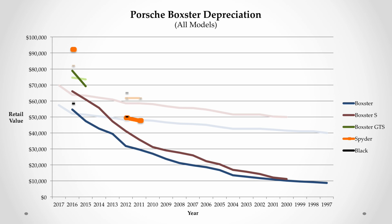It's not quite as hardcore as the GT4, but they do share the same 3.8 liter motor that was found in the 911 Carrera S. The latest Spyder is supposed to be the last and the best naturally aspirated Boxster that Porsche will ever produce, and the market values are showing that. The 981 Spyder is currently selling for about $10,000 to $20,000 more than what the original MSRP was on the car. Now that car didn't generate quite the buzz that the GT4 did, but it's holding its value pretty well